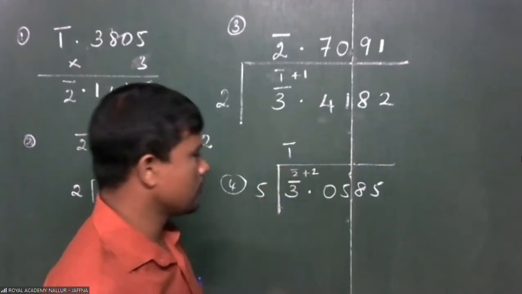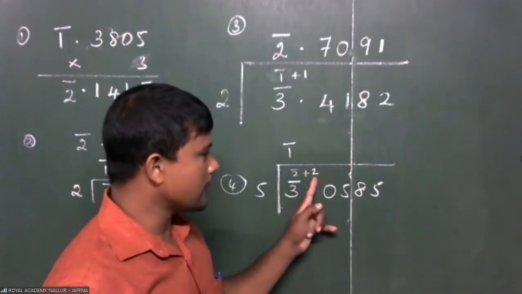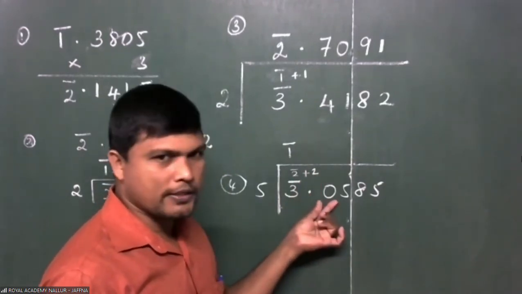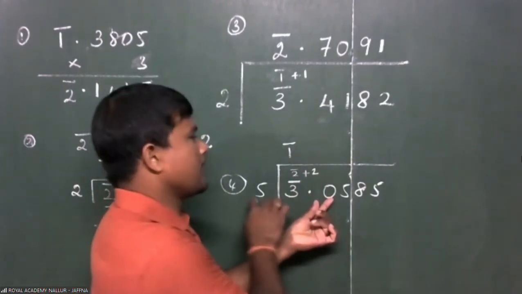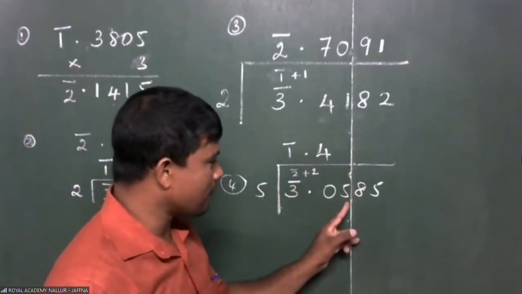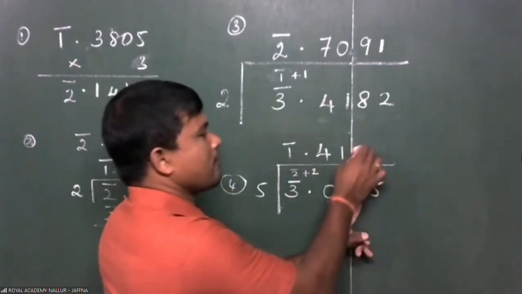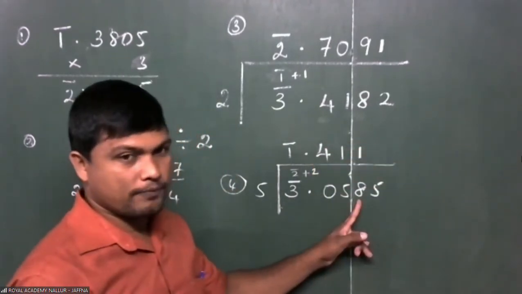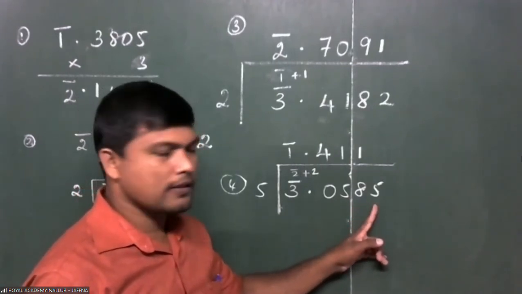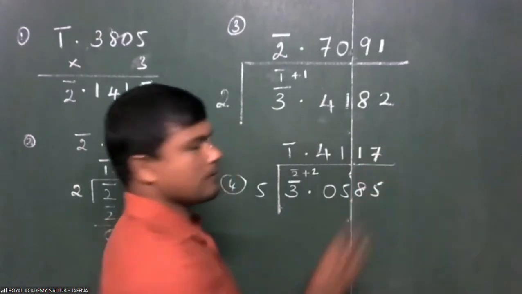This is over now. Now, we are taking plus 2 instead of that bar 2. That 2 makes it 20. Out of 20, 5 is 4 times. Out of 5, 5 is 1 time. Out of 8, 5 is 1 time. Remaining 3. Then with that, this will be 35. Out of 35, 5 is 7.